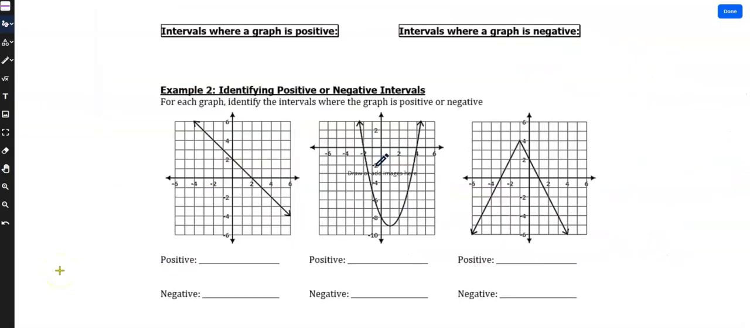Okay. Intervals where a graph is positive. Positive means exactly what you think it means. Above